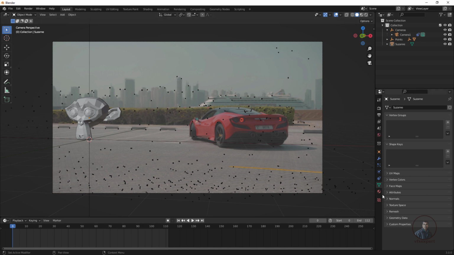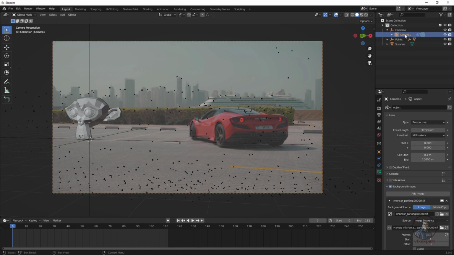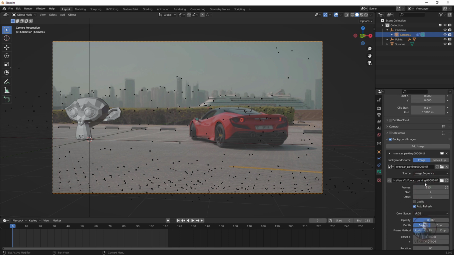Just simple, again we have to select this camera, because this is actually our image plane problem. So again just select this camera, then here under camera we have to select this, which is our image plane or background plate. This is the start frame. You can see it starts from 1, but our sequence starts from 0. So just simply define here 0, whichever is the starting frame. Okay, so just define it here as 0.